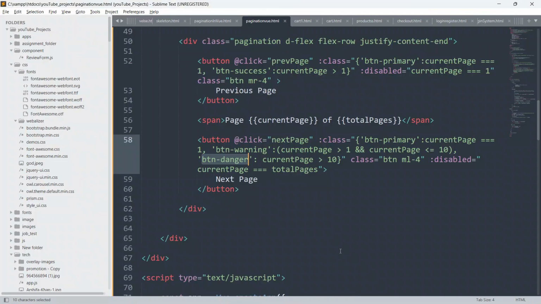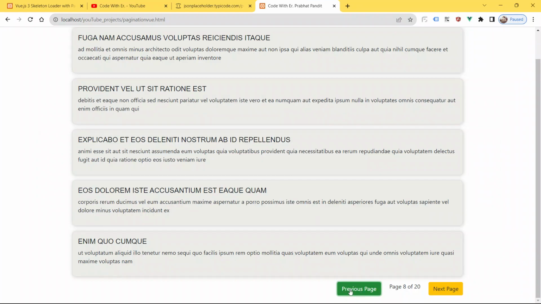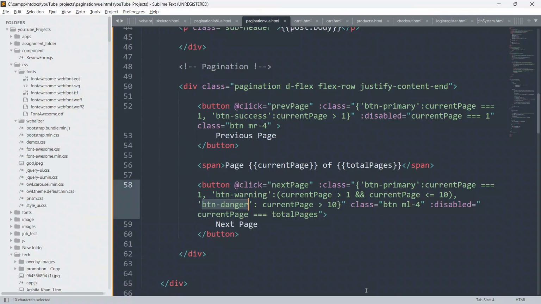So guys, you can apply dynamic classes to the previous page button also. So let me apply the dynamic class just to show you. Just copy this class from here and just put a comma here.